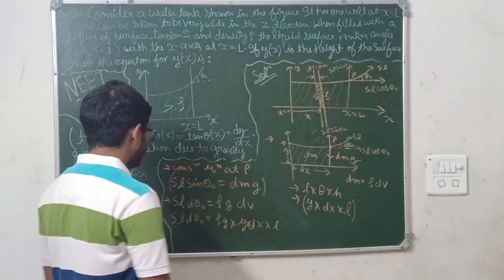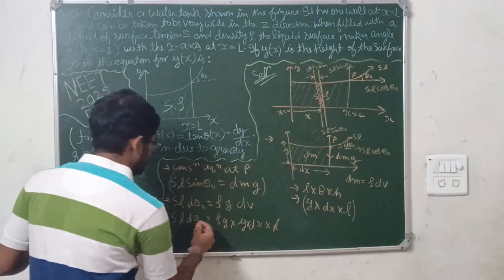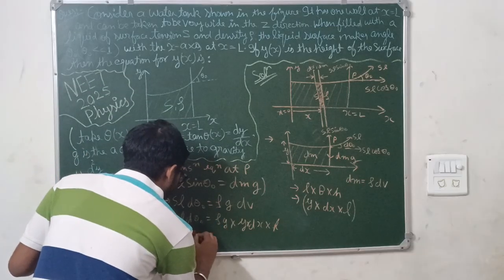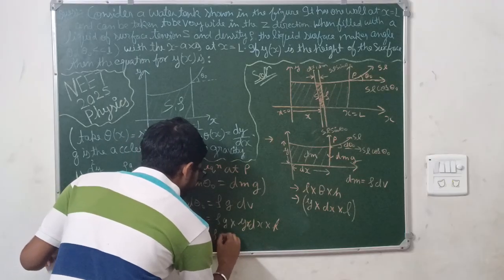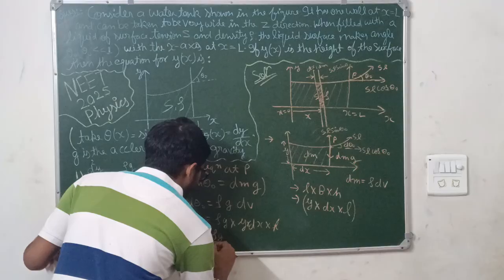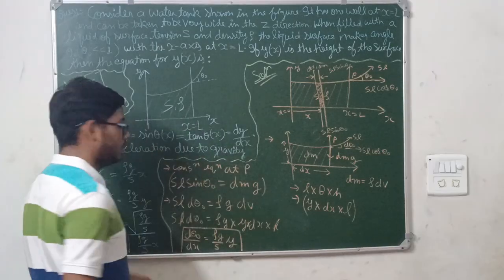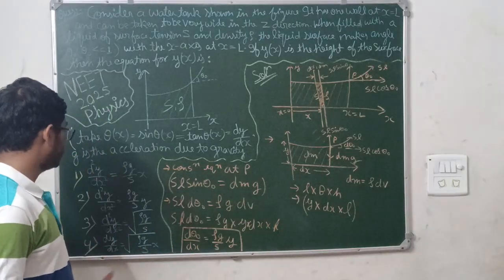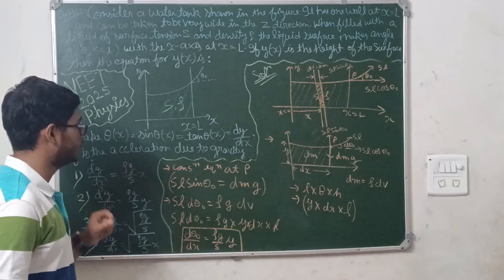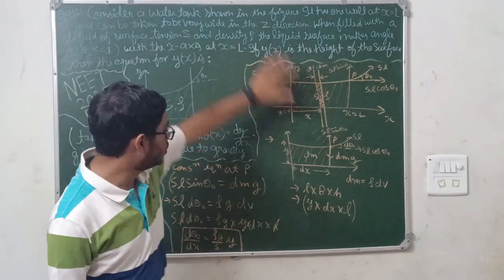Now you can see that L is cancelling here, and d theta naught upon dx is equal to rho g by S into y. This is the equation which is formed. We are getting closer to our answer, but here all the d by dx terms are in the square, so we need to do something here. You can note this down.